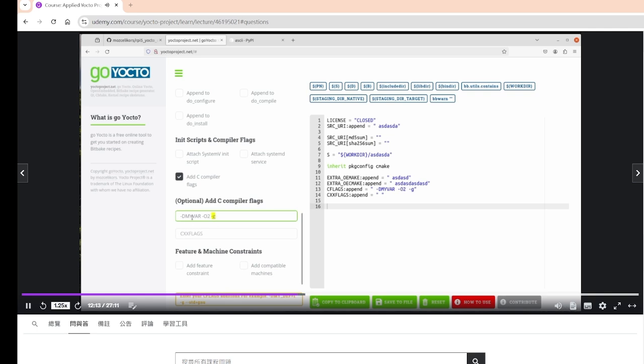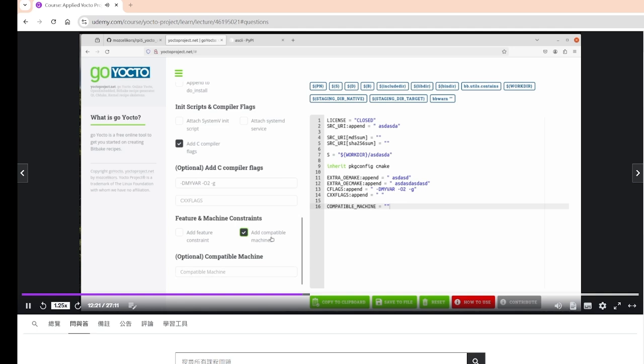For example, I have the option to simply enter this one. And finally, I have the option to also add a machine constraint. What this means is basically you can make a recipe run only for a specific machine. For example, in our case, our machine is Raspberry Pi 5, and here I can type in Raspberry Pi 5, and this recipe in this case will only work for the case machine set to Raspberry Pi 5 in my